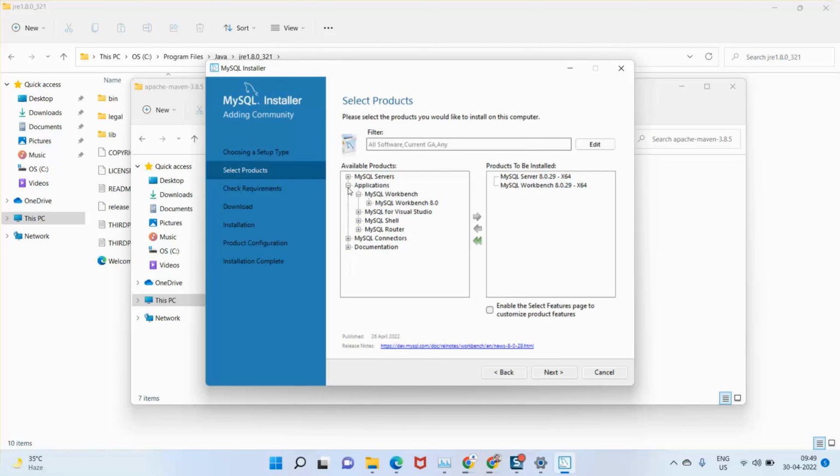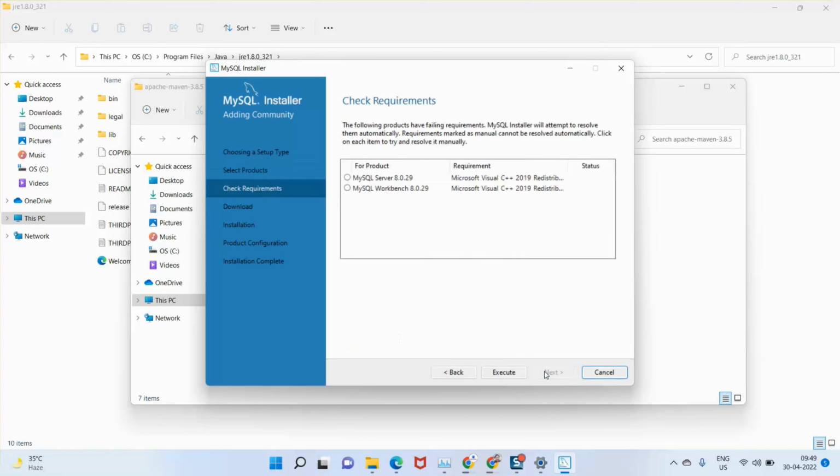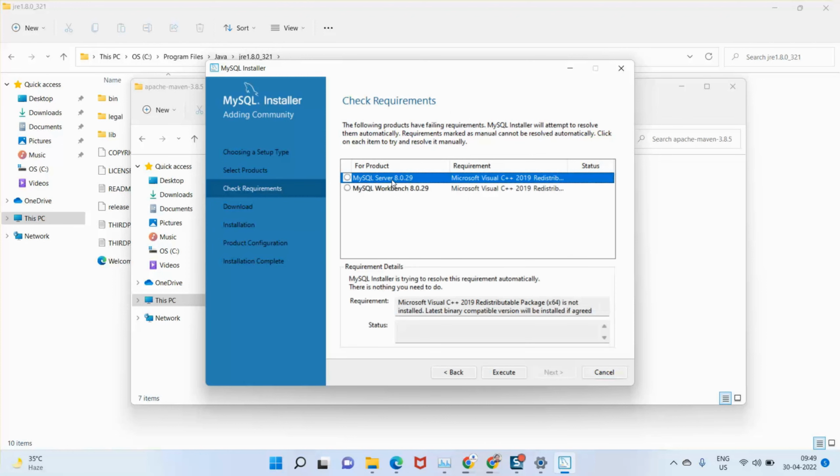Connectors we don't need, because we use the Java connectors that we will write, or you could use JPA or the Spring data source for the connection. So first, definitely I will install